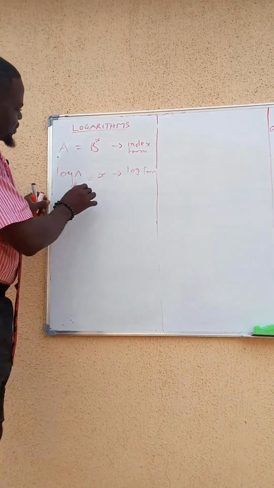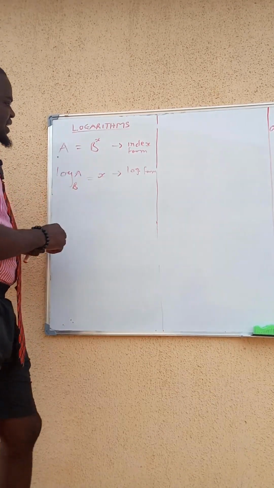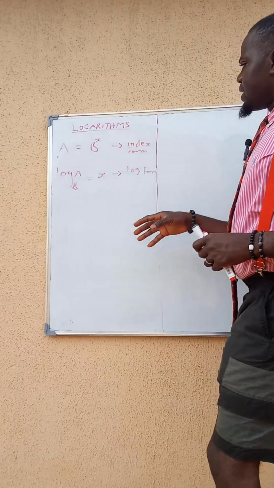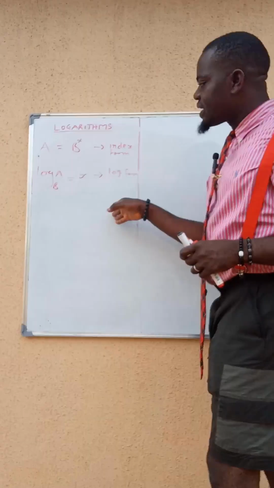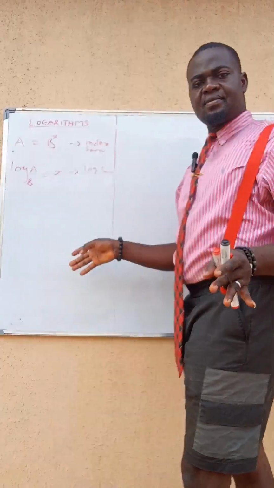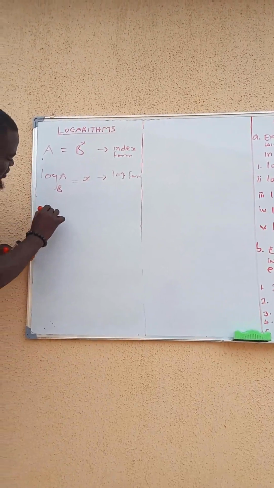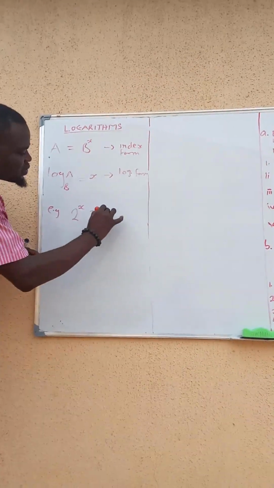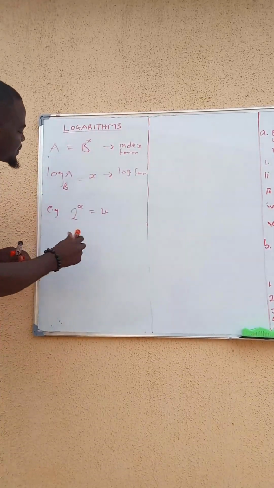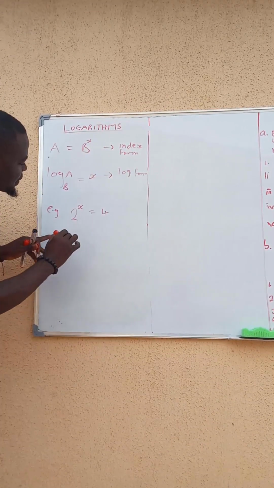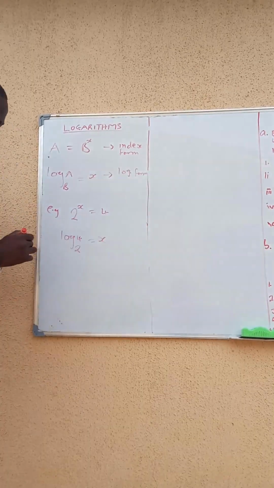Now, can you see here? We said this is the b, this is the x that the b must be raised to obtain a. Having said this, let us write one indicial equation and check how we can solve it using logarithm, how we can represent them. For example, 2 raised to the power of x equal to 4. How do I represent this? This shows that log 4 base 2 is equal to x,